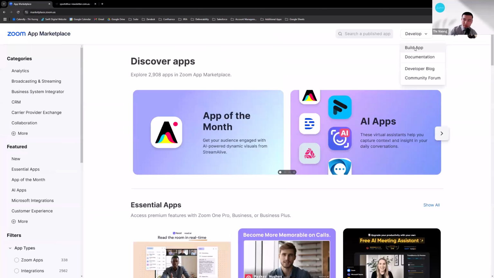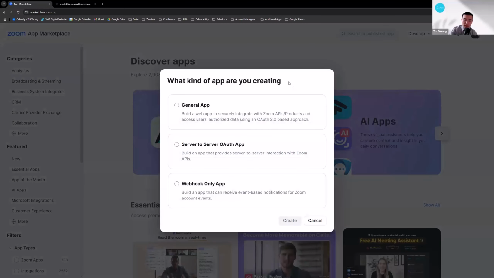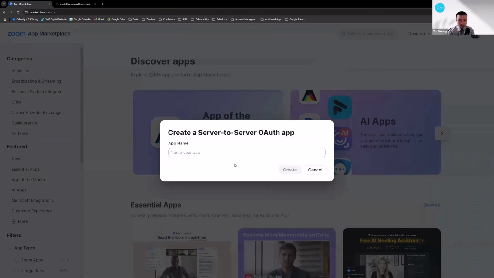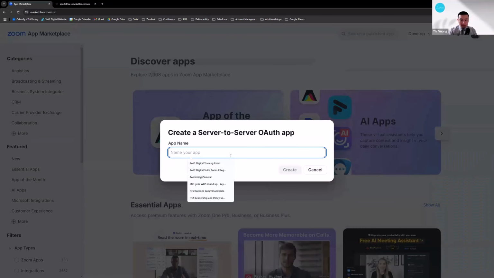So when you click into Build App, it's going to give you a new window, and the option you want to be using is Server to Server OAuth app here. So by selecting that, there will be a create button that appears down at the very bottom, and you can hit create as so. So ideally, you do want to name this app with something that's easy for you to